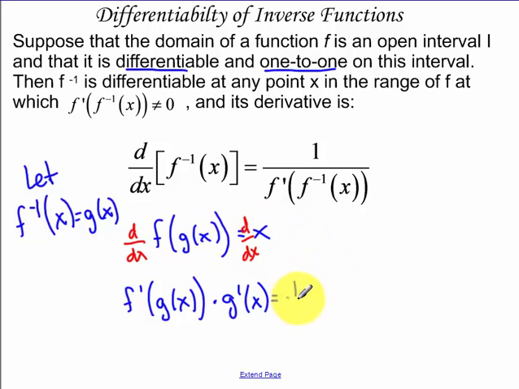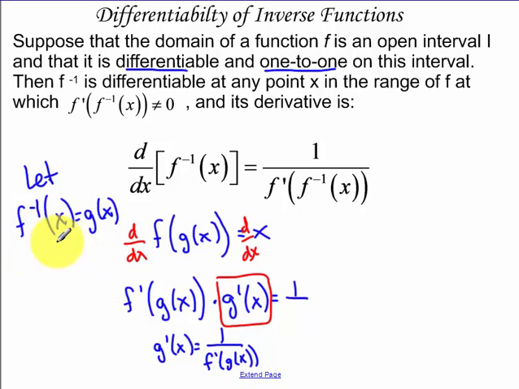And then the right side is 1. So I'm looking for the derivative of the inverse, so I'm solving for this g prime of x. So g prime of x is equal to 1 over f prime of g of x, where g of x is your f inverse. This is what you're going to be seeing a lot more on the AP, where they're going to give you f, and g of x is the inverse of f of x. Okay,